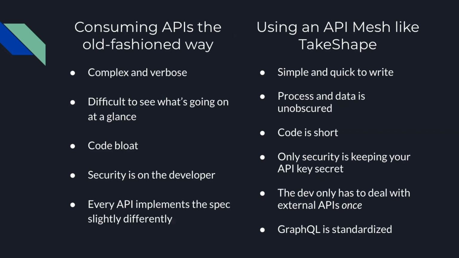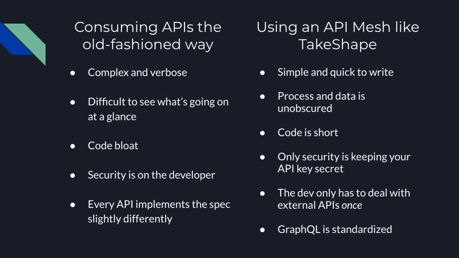But there is a better way. There is an easier way of dealing with this complexity. The API mesh lets you plug all of those things in. Think of it like a switchboard, like a phone call. Instead of making a phone call to ask 12 different people a single question, you can get them all on a group call, ask them all at once, and have them read out their answers in unison. That's kind of what we're doing here.